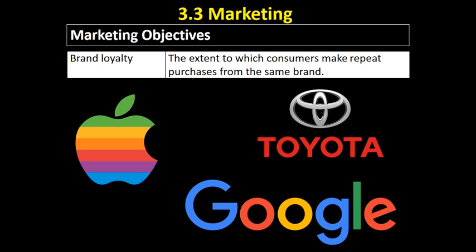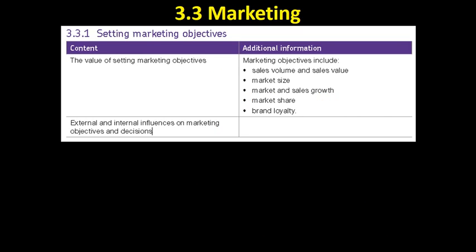They're not going to go out of the way to track down a Sainsbury's. So different companies will have varying levels of brand loyalty. So we've been over these different marketing objectives. Really important that you understand each one and, crucially, how to calculate